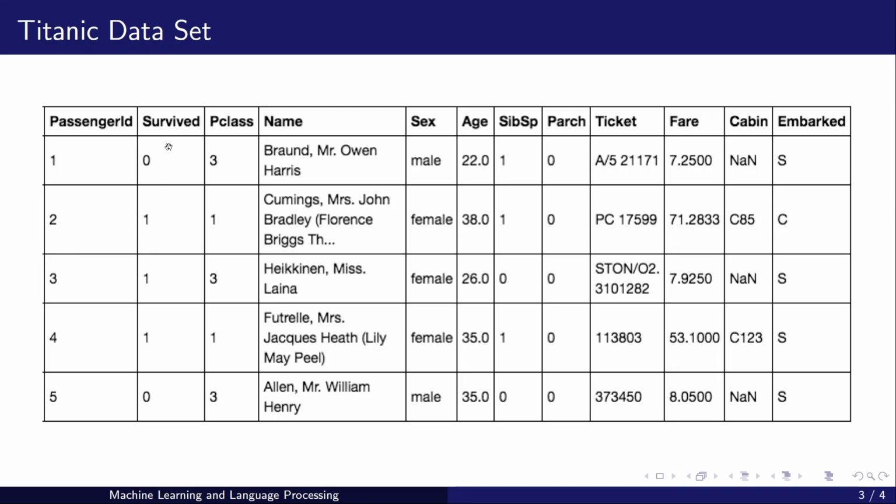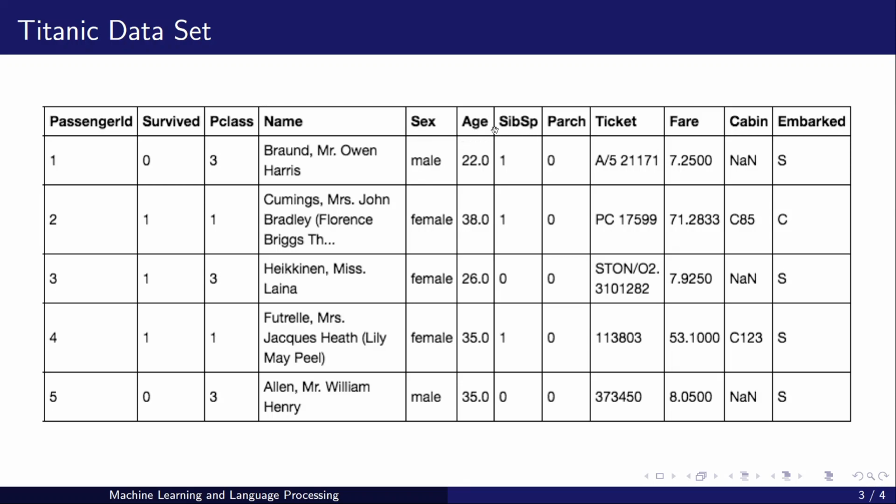Then whether the passenger survived or not, that is this field. 0 means the passenger not survived. 1 means passenger survived. Then the class of passenger, that is passenger belongs to first class, second class, or third class. Then the name of the passenger. Then passenger is a male or female, the gender. Then age of the passenger.